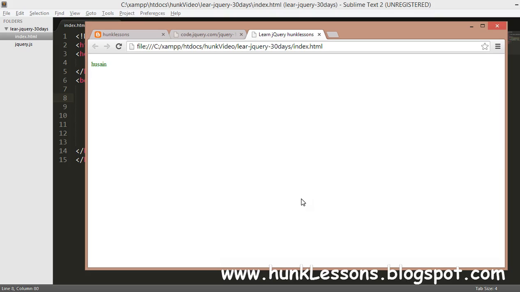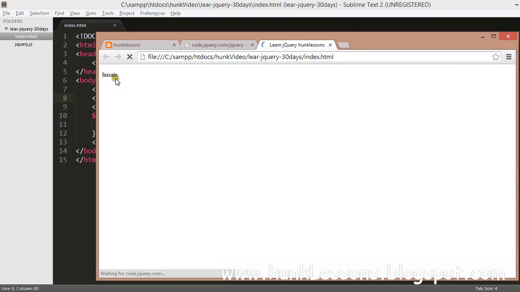And if you are on a server, it's a waste to use the uncompressed version of jQuery, because it eats your bandwidth. Every time the user downloads 100-200 KB of the jQuery file, and if you use the compressed version, it will be 25-35 KB. That will be much more suitable for you. For example, I load it, and you can see it takes a much longer time to change the paragraph color. Okay, that is it for this video, guys.